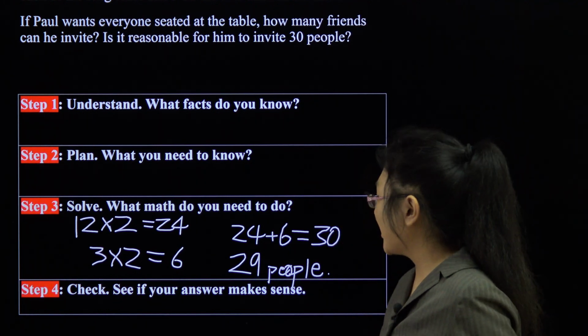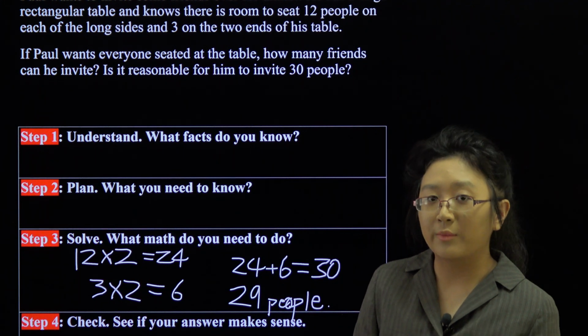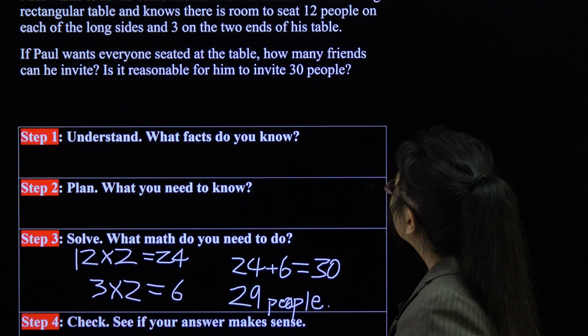See if our answer makes sense. 29 plus 1 is the total amount of people that will be sitting. The plus 1 is Paul himself. And then